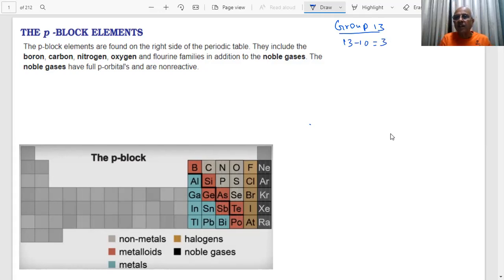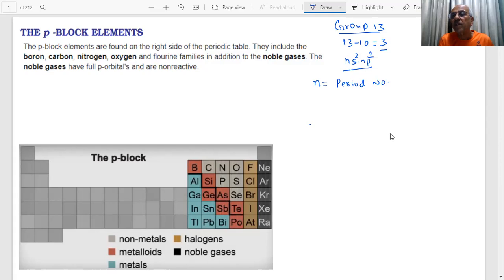What will be the general valence of these three? We have given you the general electron configuration of the valence shell as ns2 np1. Always remember, what is n here? n is the number of shells, which is the period number. Also n is the principal quantum number which we studied. Important point: n is my period number.